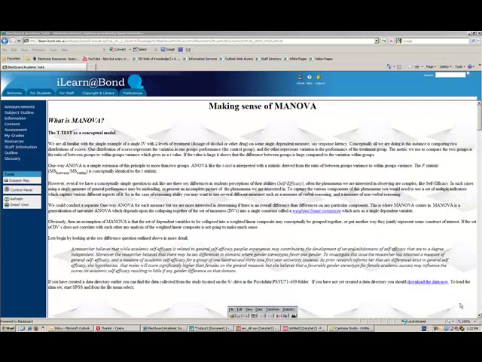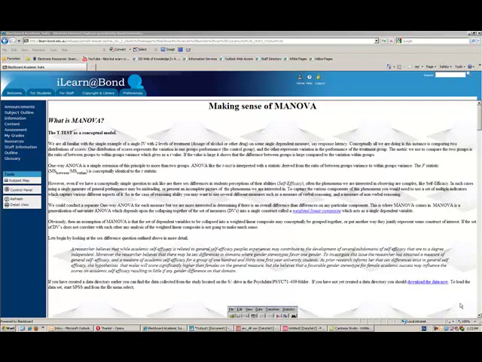In this tutorial we're going to look at making sense of MANOVA. MANOVA is a generalization from ANOVA, where instead of increasing the number of IVs as we did in some of the previous tutorials, you increase the number of DVs. This makes sense when you've got something which is complex or difficult to make sense of by looking at one small aspect of it, and you want to look at it as a whole where you've got multiple correlated outcome